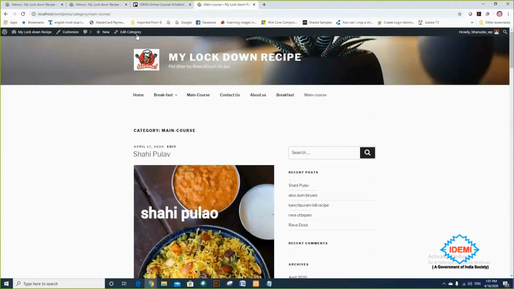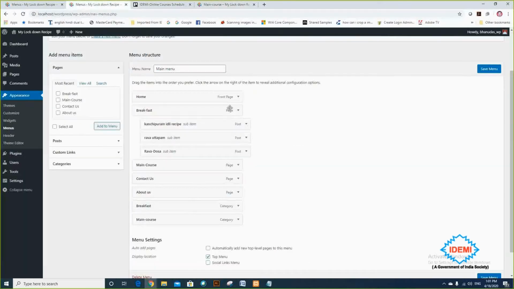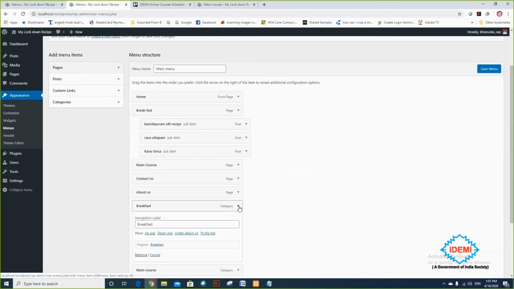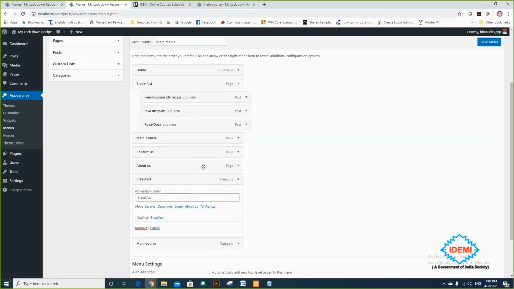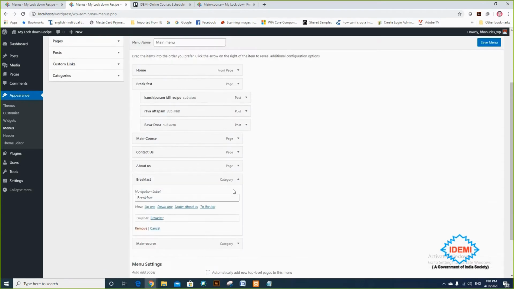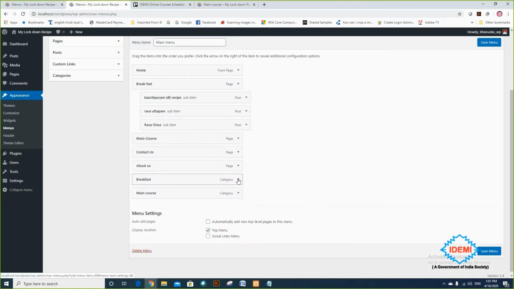So hope you are clear that your menus are created based on category, custom links, post, and page. So I would like to remove my breakfast page link. I can remove it and I can move my post here, or I can directly create it based on category.